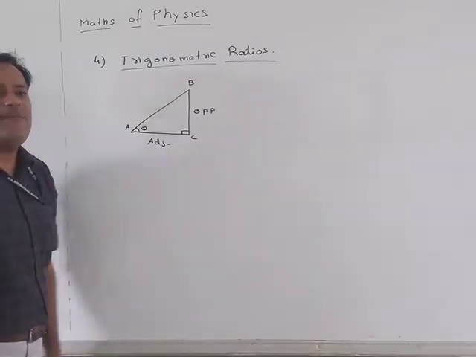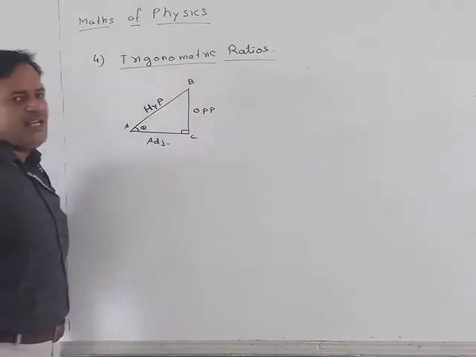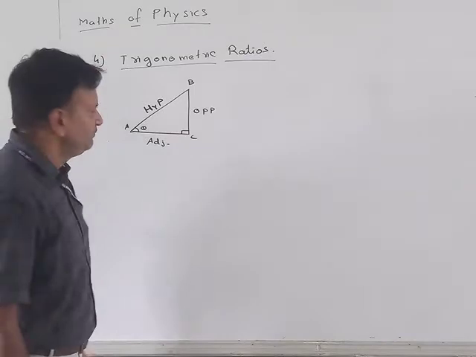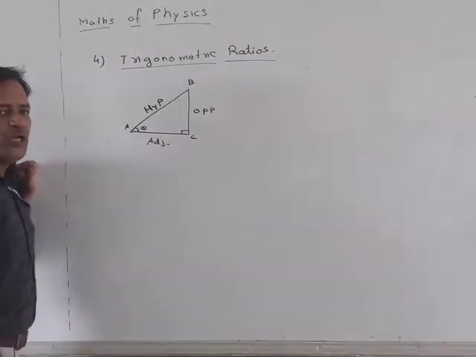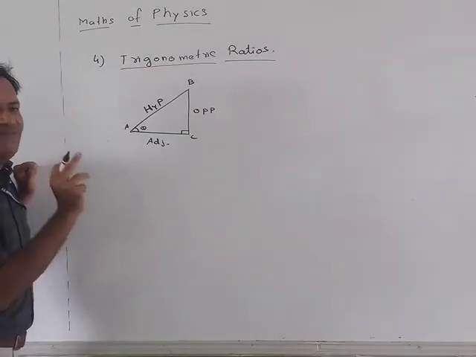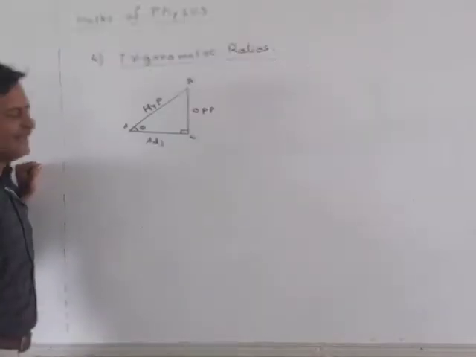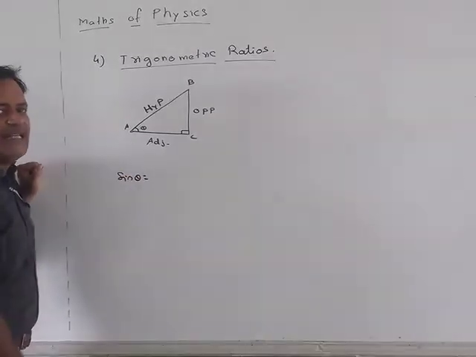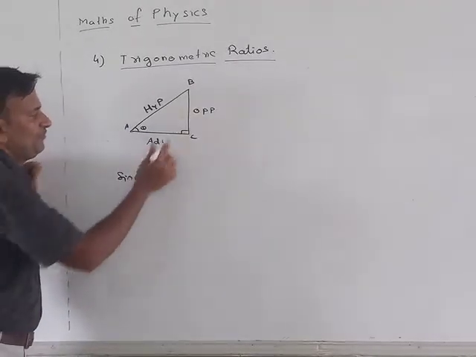And what is this? AB. AB is very well known. What is it? Hippopotamus or hypotenuse? Both are same. So jokes apart, what do we know about this? We know that there are some ratios which always have fixed mathematics. For this case, sin theta. Sin theta is defined as opposite side over hypotenuse.